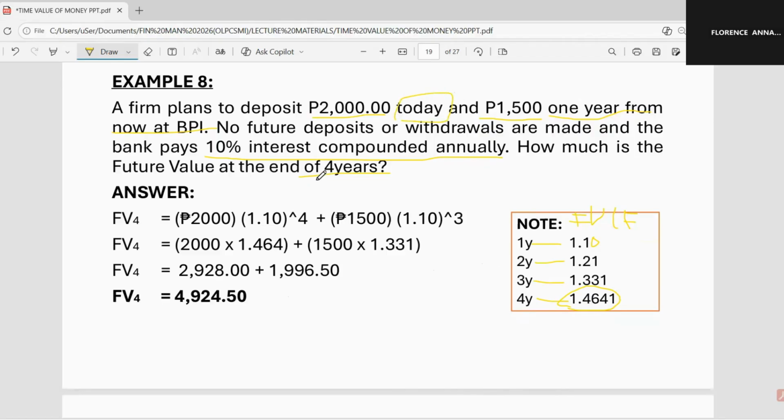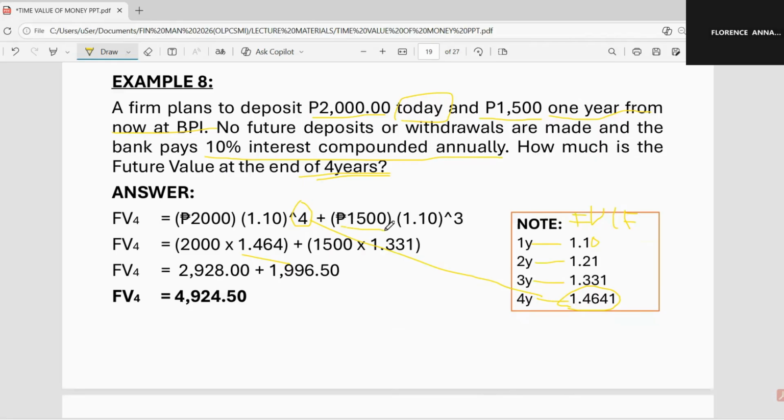At the end of 4 years, it will earn interest in 4 periods. That's why you raise this into 4. So, ano yung ating FVIF at 4th period? That is your 1.464. Kaya ito siya. And the 1,500 pesos